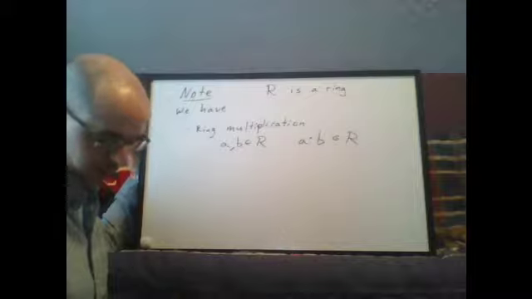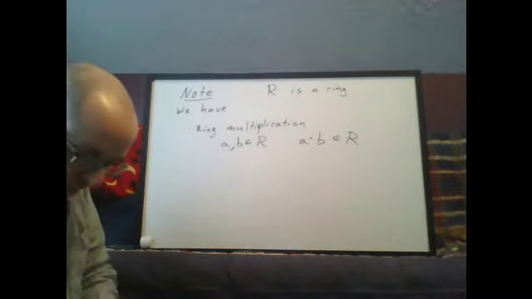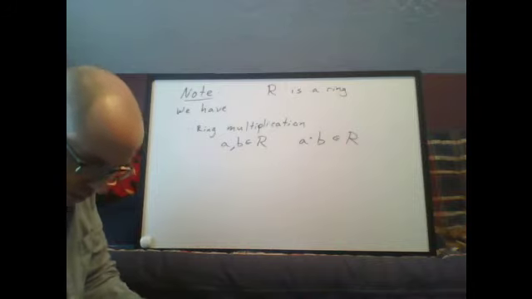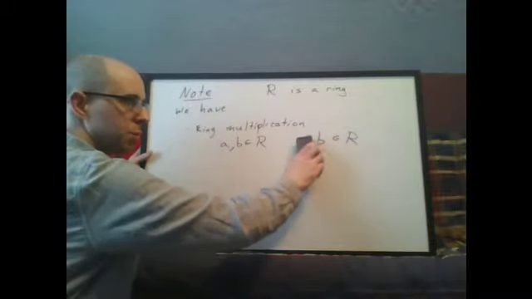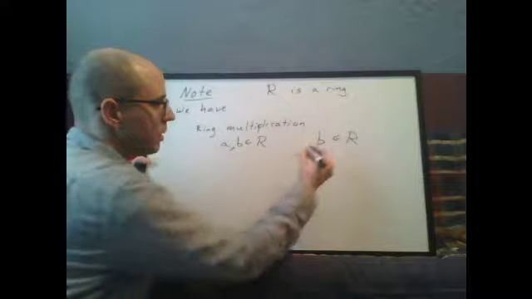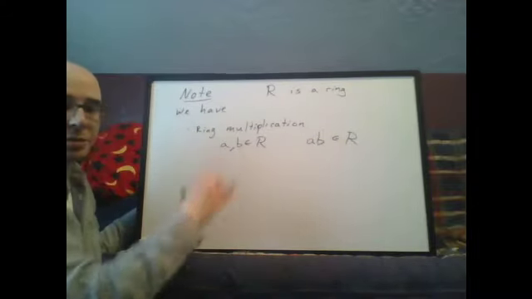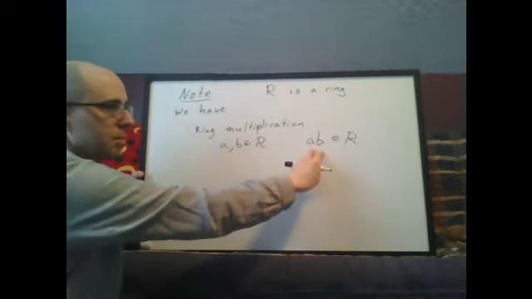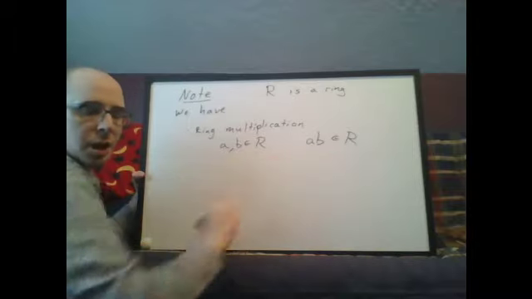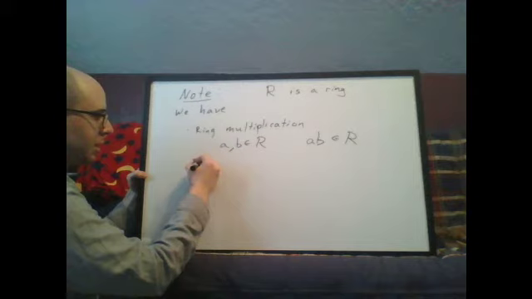And let me double check how the book is distinguishing these. I don't always agree with the way it does this. Yeah, so I want to stop using the dot notation for ring multiplication. So in a ring, imagine matrices, for example. If A and B are two matrices, I can multiply them with matrix multiplication and I get another matrix. That's the ring multiplication. But there's also